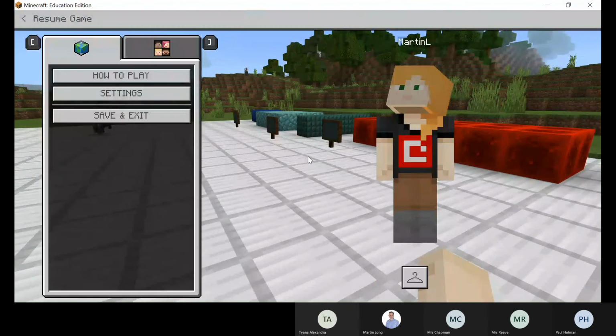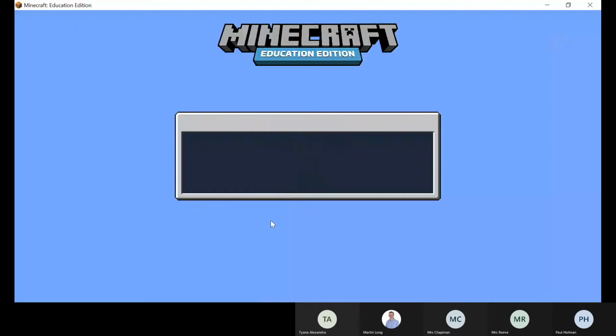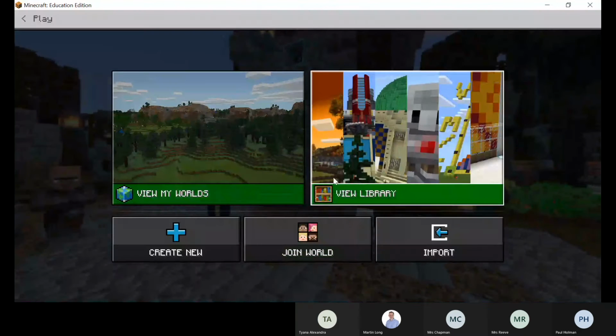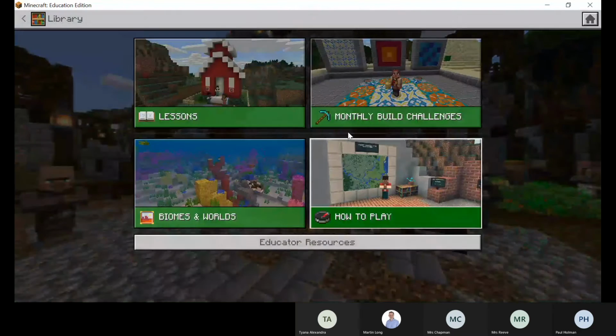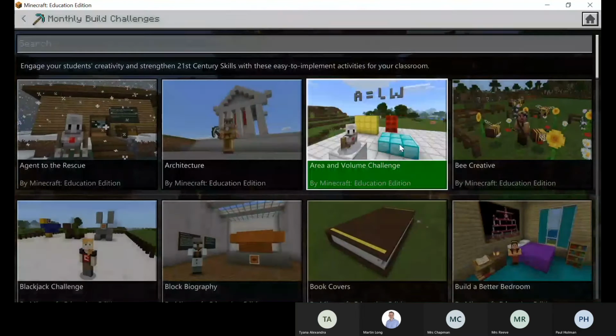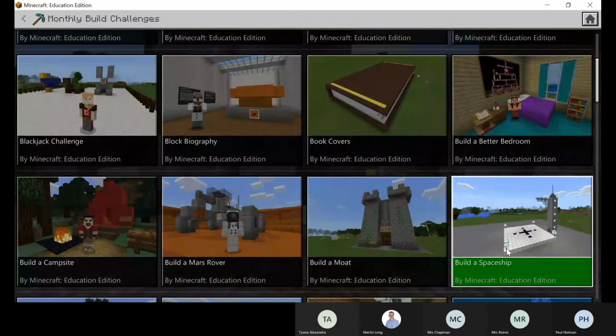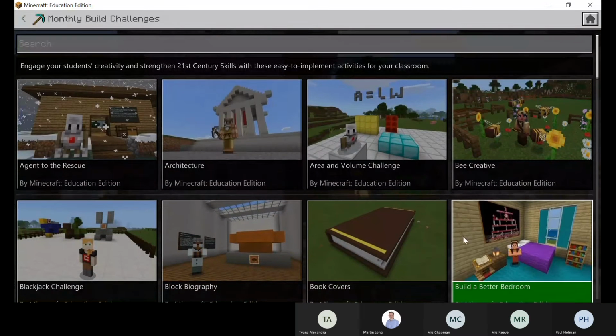rather than doing it just as a paper-based exercise. So the build challenges are there to challenge pupils, but they're also there to avoid parents getting stuck if they need an extension activity, but also to avoid staff having to go away and create something. So it could be you're looking at castles and there's a moat built for you, or you're looking at space travel and you've got a launch pad and you're going to build the spacecraft on it. So build challenges are really good.